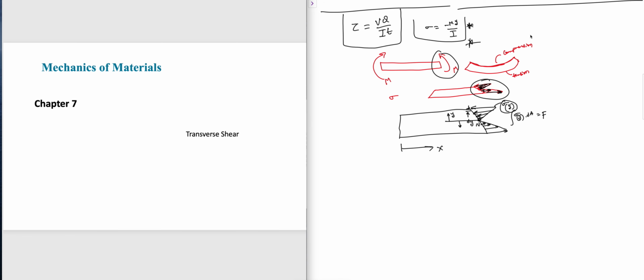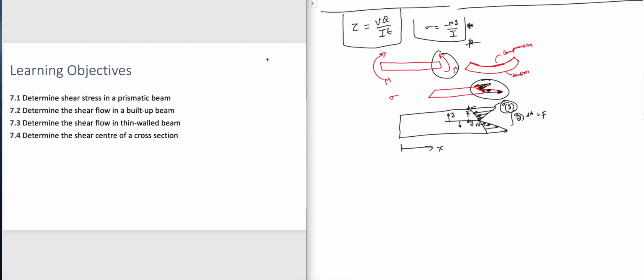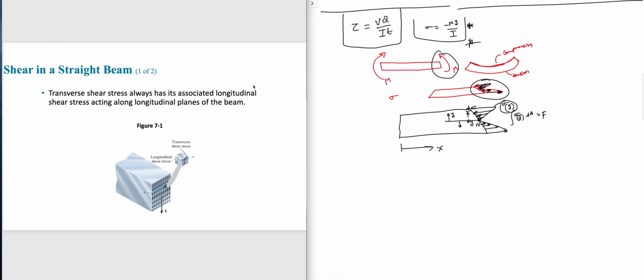Now, in this chapter, our idea is what is the effect of shear? That means these are the objectives for a beam. We will identify what is happening for the shear stress. For example, if you look at this beam,